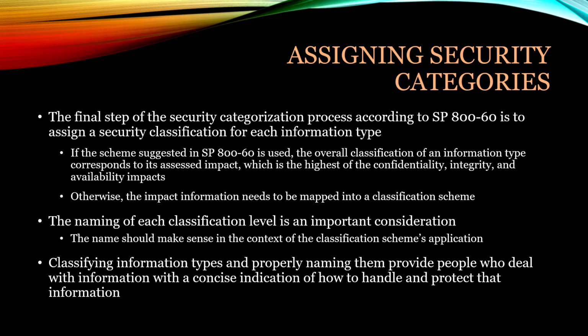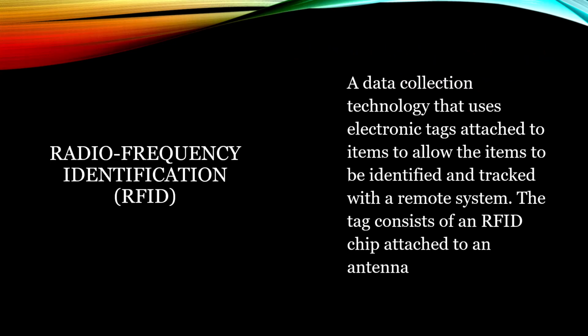So after we have done these steps, we rinse and repeat. This is a process development, and we need to monitor and develop as necessary. There are multiple ways to do data collection and monitoring. RFID is definitely one of them as a data collection technology that uses electronic tags. That way you can tag certain pieces of information that are classified a certain way. So if they leave a file cabinet or if they leave a room, for example, they could then be followed or they might be alerted. So again, the tags might have some type of radio frequency chip that would then alert when removed out of